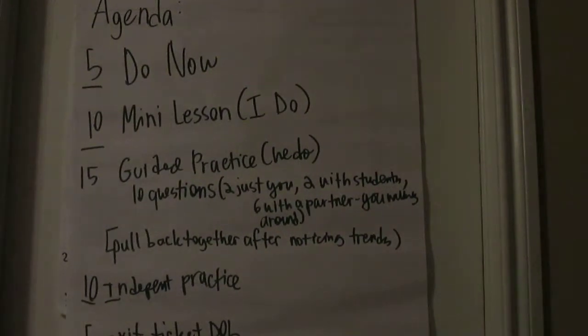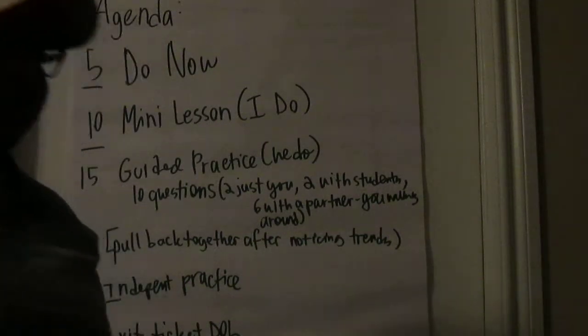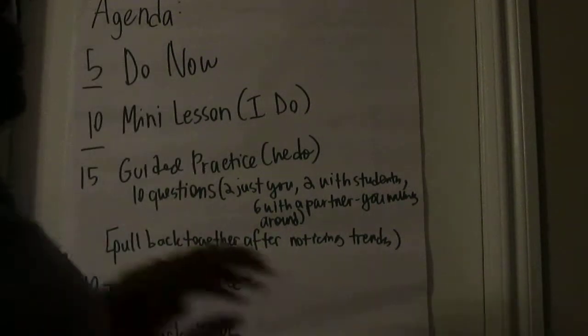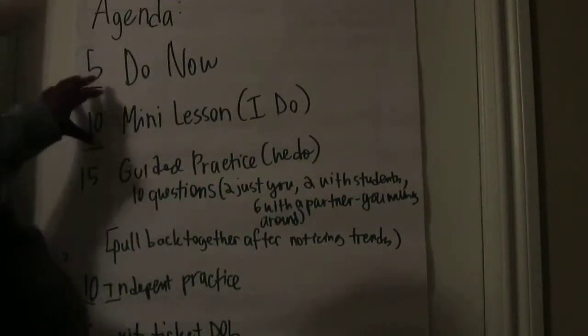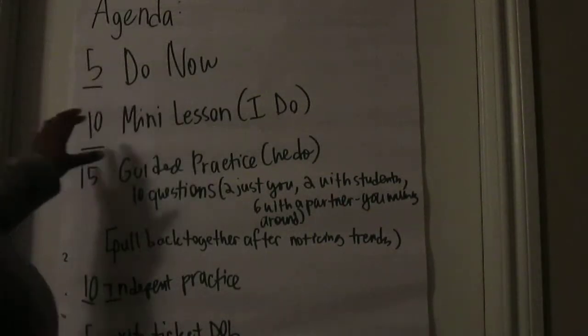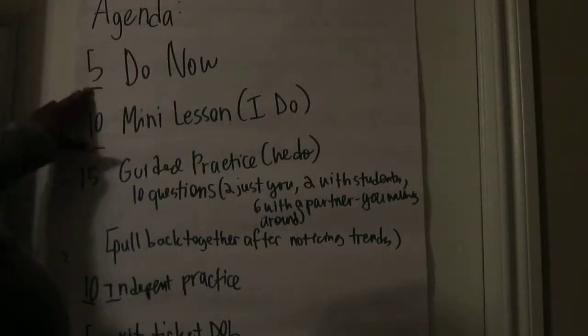Alright, hi. This is a quick mini lesson on teaching point of view to middle school students. So I just want to give you a quick layout of the agenda first. The agenda for this class will be a 50-minute to 55-minute classroom, 5 minutes for a do now,